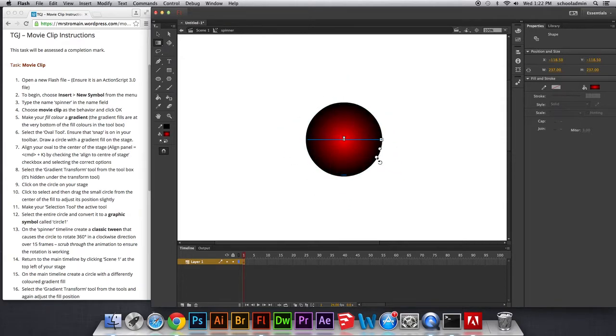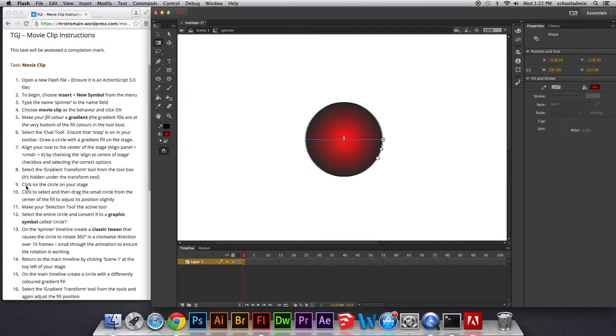Okay. And finally, if, for example, I wanted it to be rotated, I could rotate this like this. Okay, so those are those controls. For now, we're going to keep them as they were. So I'm just going to undo and leave it as it was. But what I want to do is, when I have this selected, go to my gradient transform tool, and like